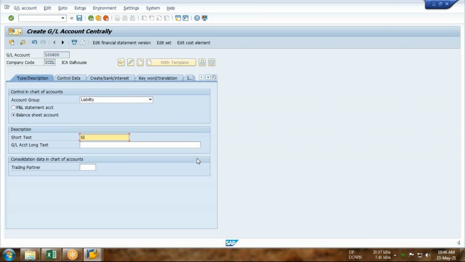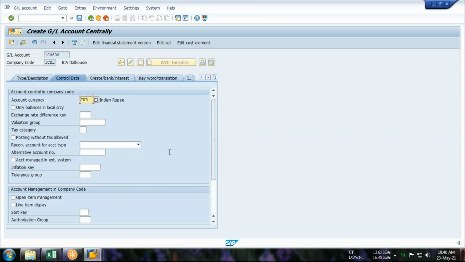Samsung India Limited, short text, long text. Okay, now come to the control data.